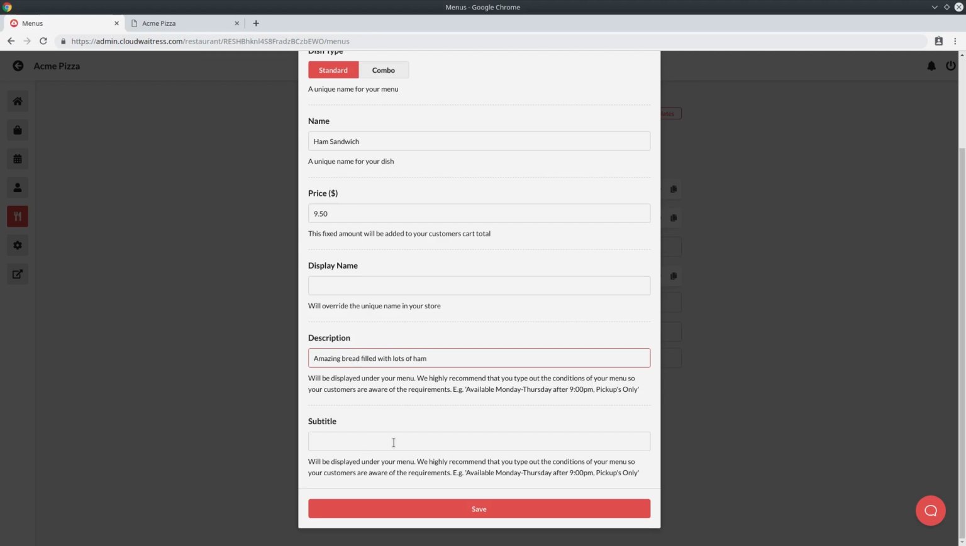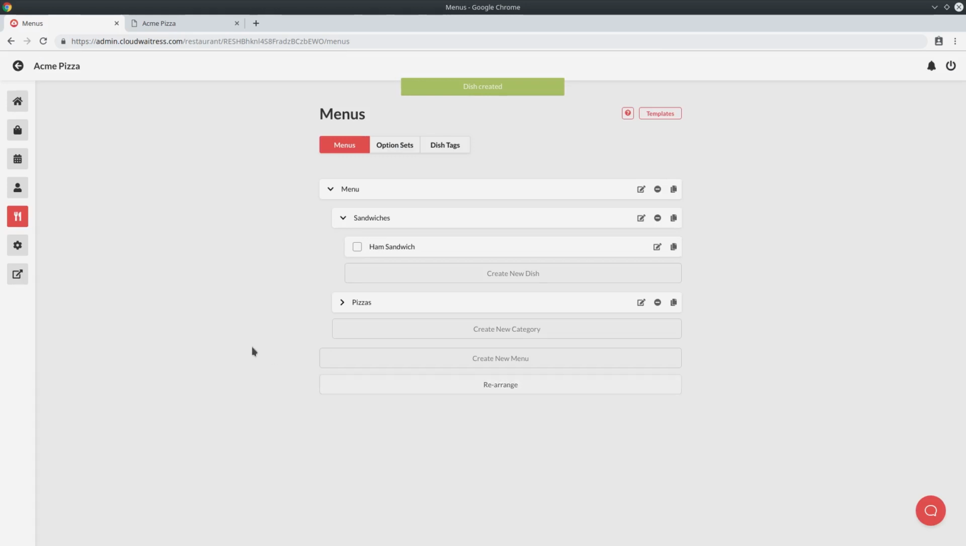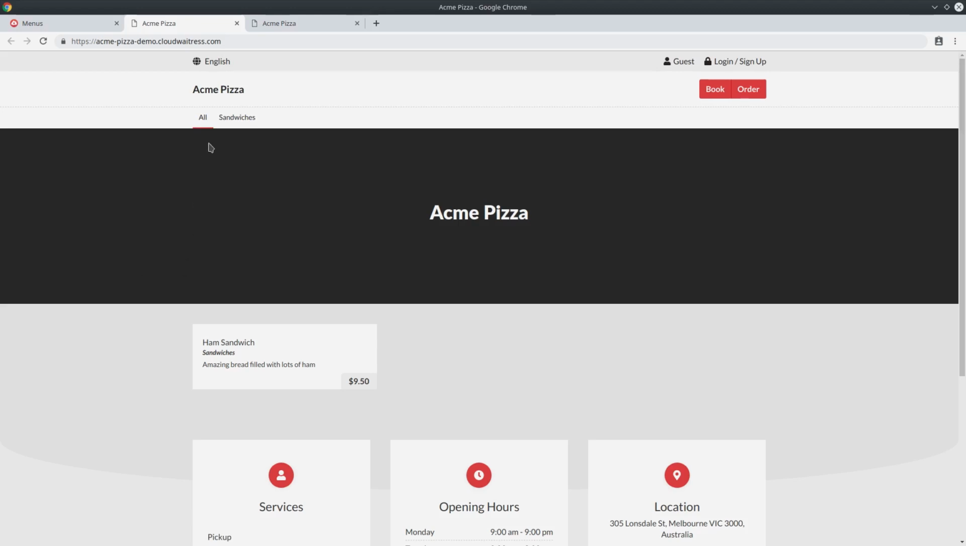And a subtitle will just highlight a particular point. You can leave it blank. You can even leave description blank if you like, and then press save. Now we'll go take a look at our online store and see what this looks like. So if I hit view store, I can see that I have my category sandwiches and the ham sandwich dish